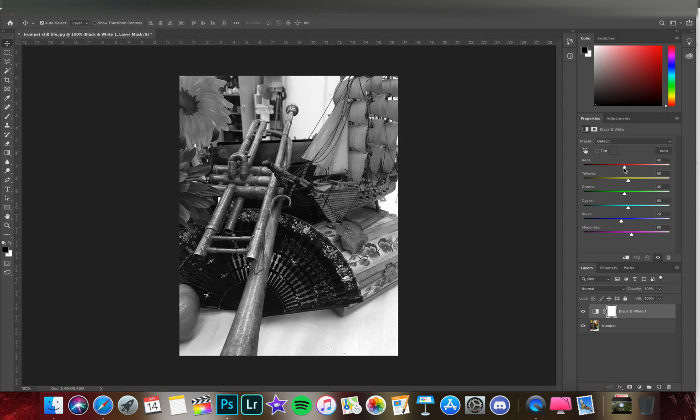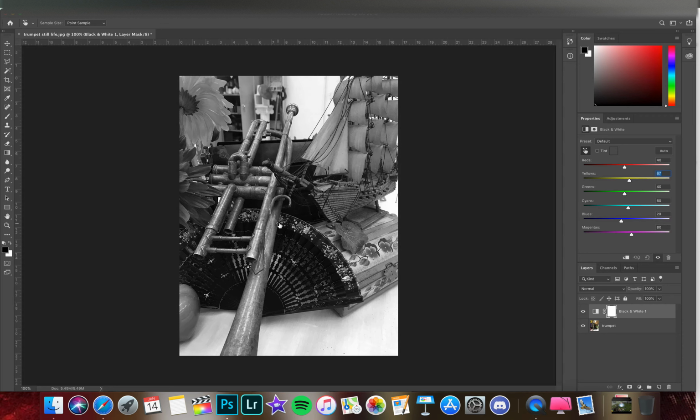Now this is similar to the channel mixer, but here we have more control. Here we can control our red, our green, and our blue, but we can also control the yellow, the cyan, and the magenta, right? And there's a nice little feature here. You see this little finger with the little arrows next to it? If you click that on, basically that'll let me come into the photograph itself, and wherever I click,